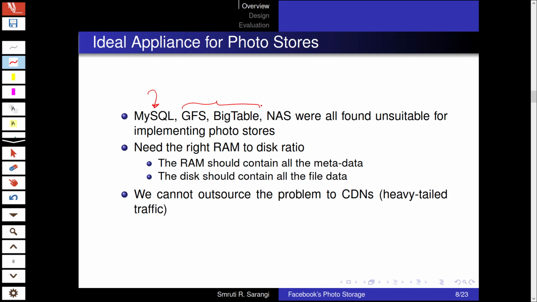And Bigtable is again built on top of GFS. It takes a large multidimensional table, splits it into small chunks, and replicates those chunks. Again, this is not the best solution for us because our data is not a multidimensional table. And we have already looked at the shortcomings of traditional NFS on NAS storage devices.